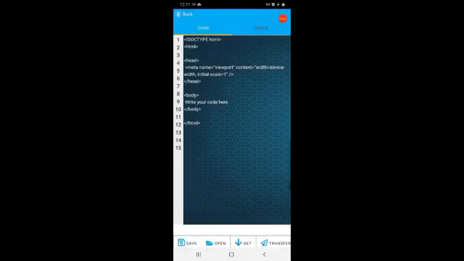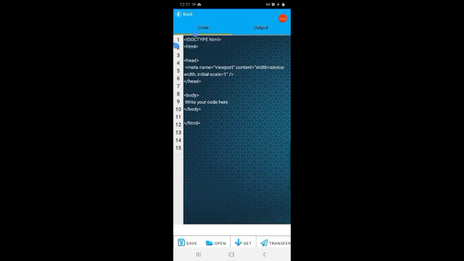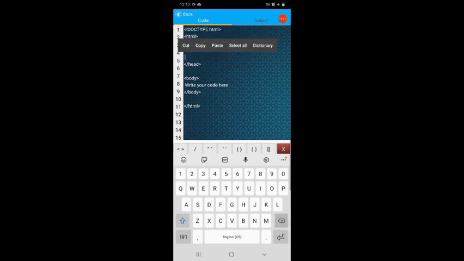And you know, every HTML document should start with this doctype, then the HTML tag, then the head tag. Inside the head tag we have to give the title tag.